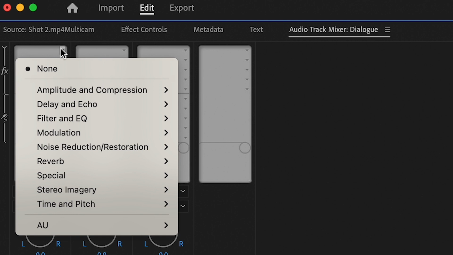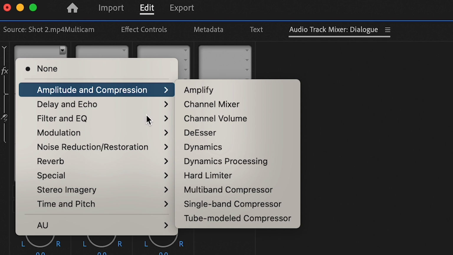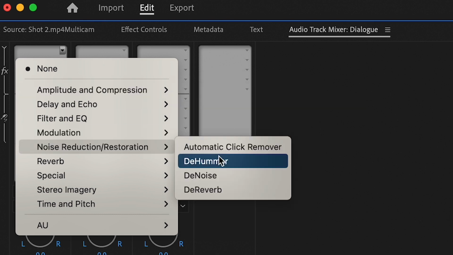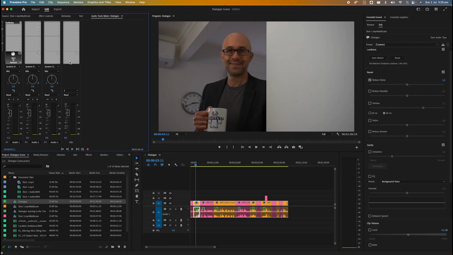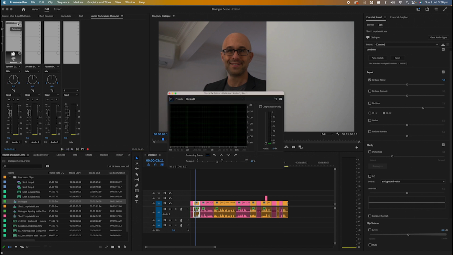And by clicking on the little drop-down menu next to these empty slots, allows you to bring up a range of different audio effects. So for this project, I'm first of all going to choose noise reduction and restoration and denoise, which is the same effect that is used in Essential Sound. So bringing that up, I can double-click on the effect in that slot, and when I play back my project,